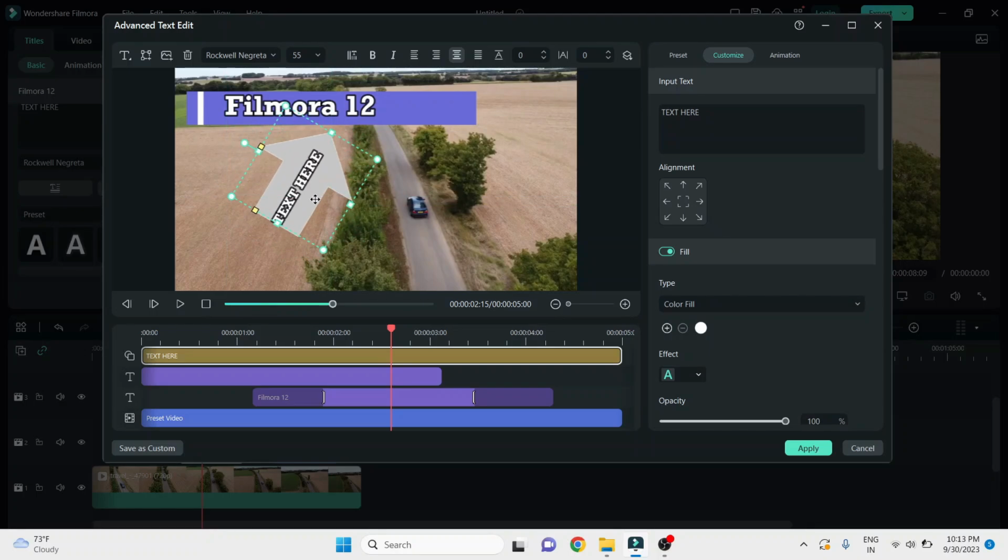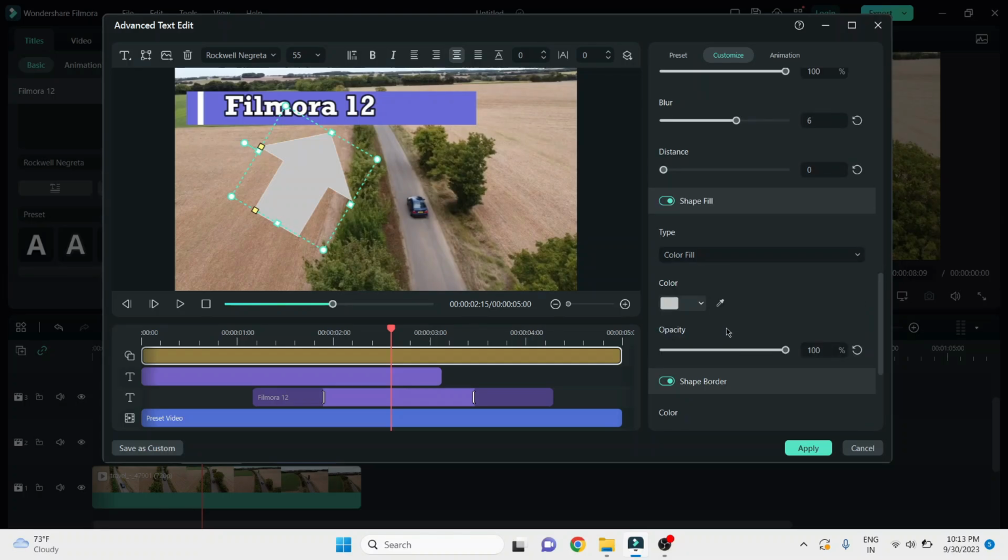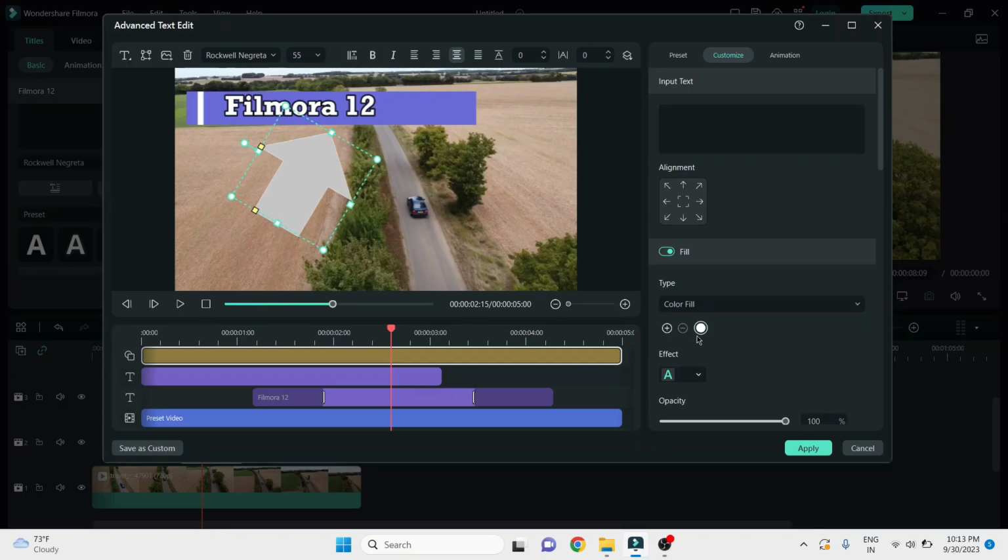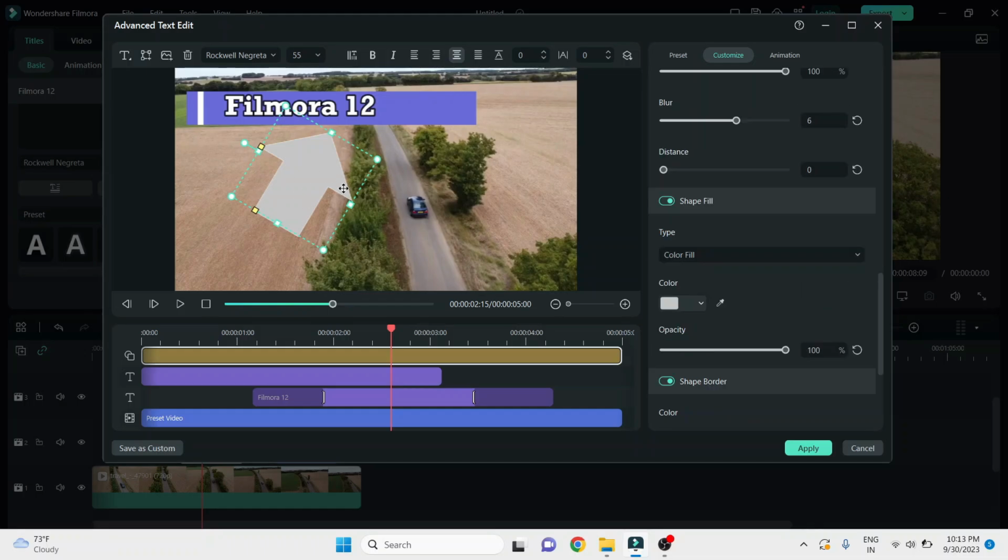Now if you want to remove the text inside the arrow, you can simply remove it from here. Whatever the text is there, it is showing here. Now I will remove that. Now guys, if you want to change the color of the arrow, these options are of text and we want to change the color.